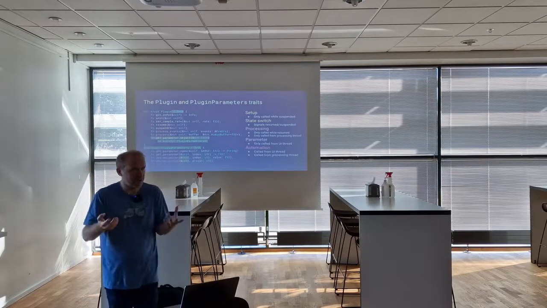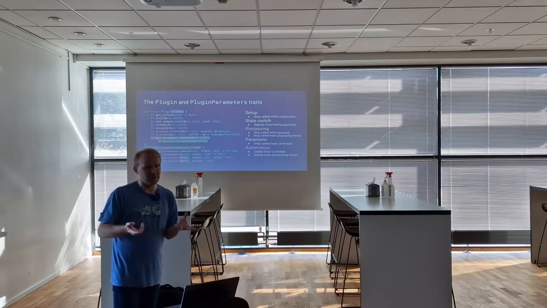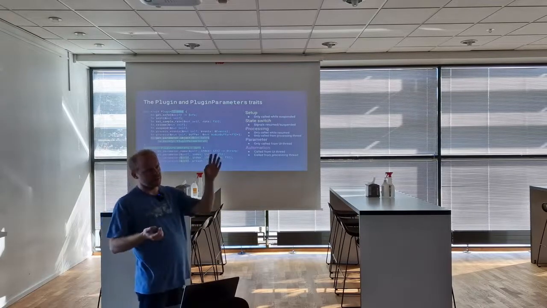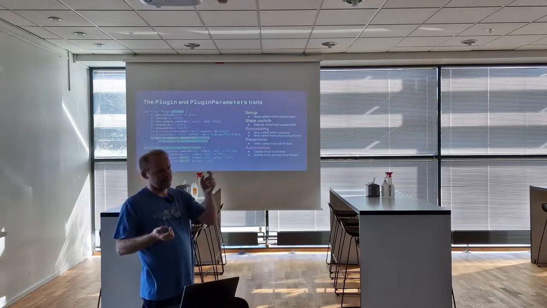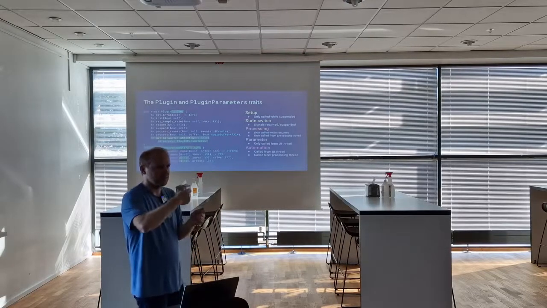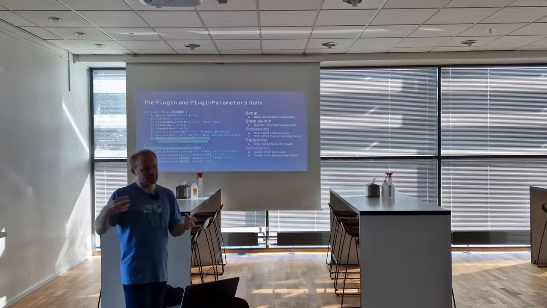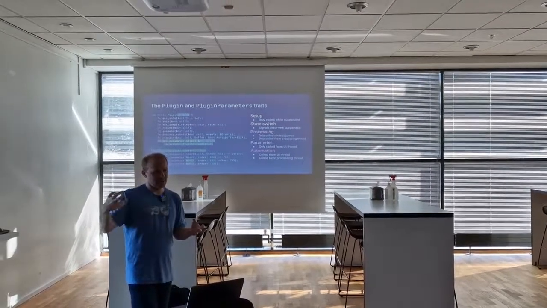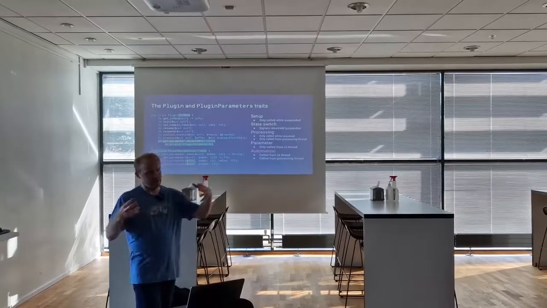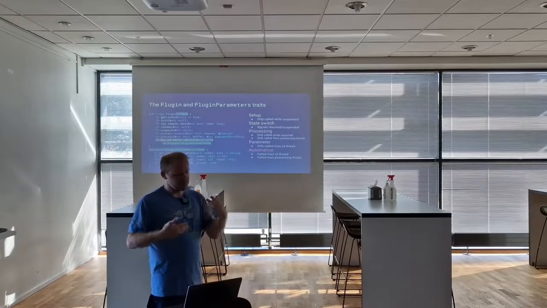The plugin will have its own implementation of the plugin parameters, and it will typically store an Arc to that in the plugin, so it can access the parameters and read off the parameters. And then on the other side, you have methods being called on the parameter object. And so we could try and go through